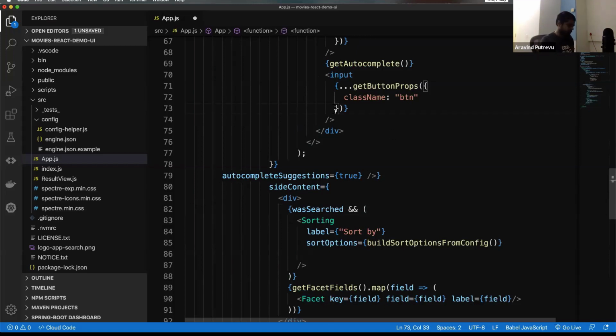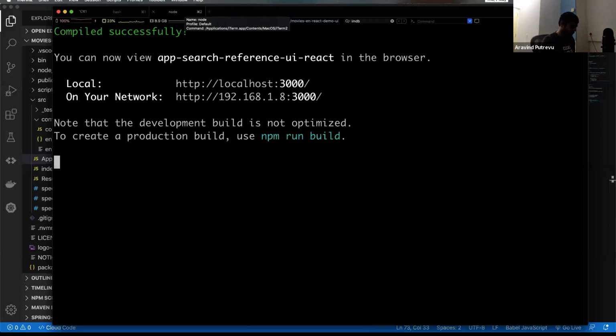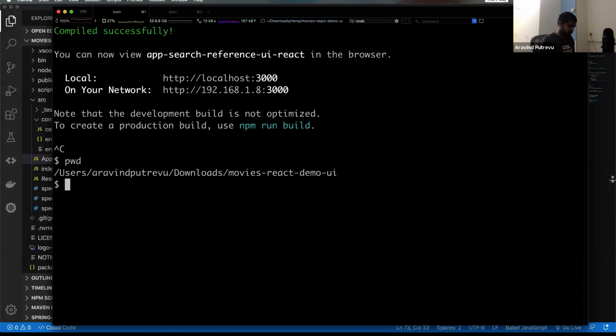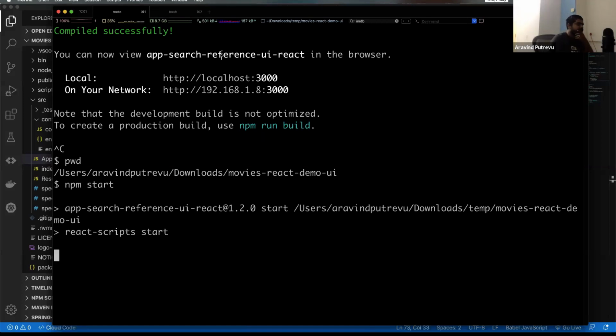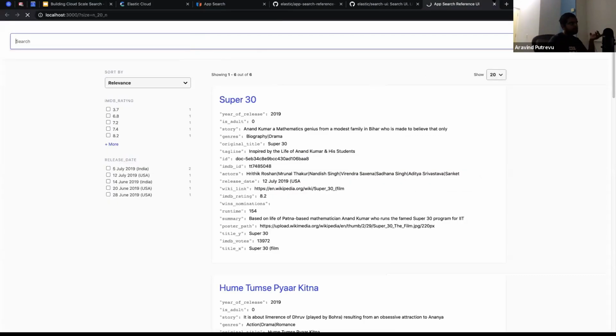So if I save this and quickly go back, I believe I have a tab open here. Great. So I have another one open here, which is the same app, but a different instance of the app that was downloaded. If I click this, it will start that particular app and reload it. But just observe the search bar, and then you can beautify it in a different format. So I just added the CSS here.